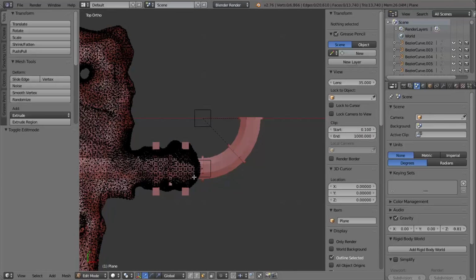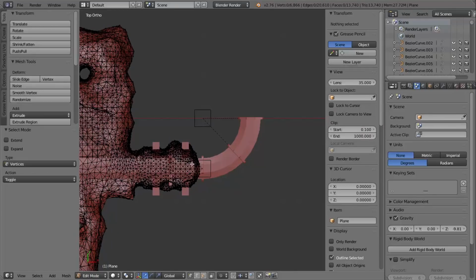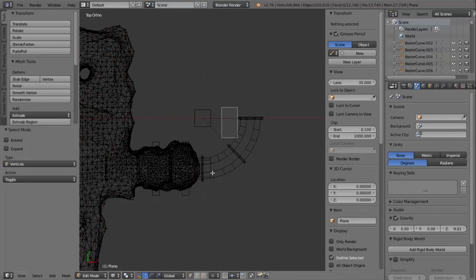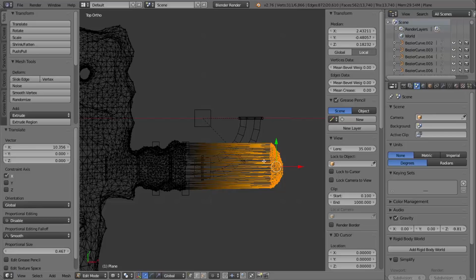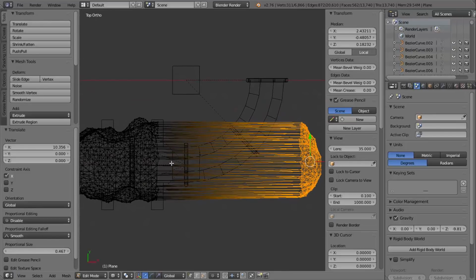So what I'm going to do is go into Edit Mode and then Vertex Mode. And then in Wireframe, I'm going to select all of the vertices that make up the end of this tunnel and then move them off just to the right of this new track object. And as you can see, that movement's created a lot of stretched faces, but we can fix those with the